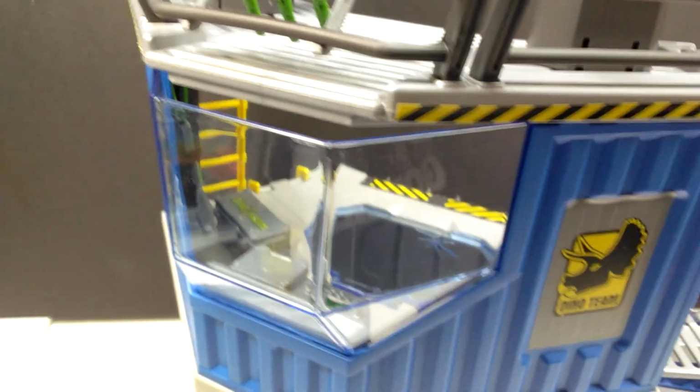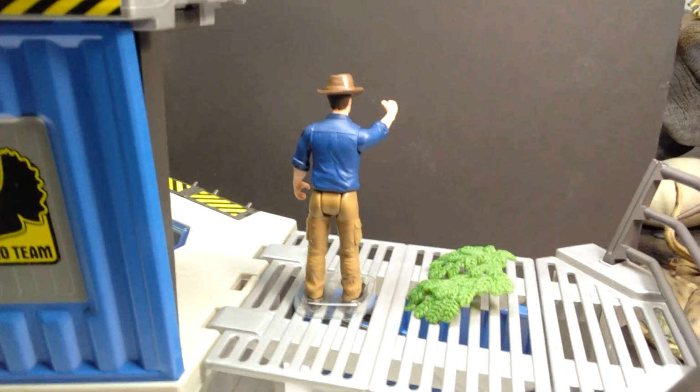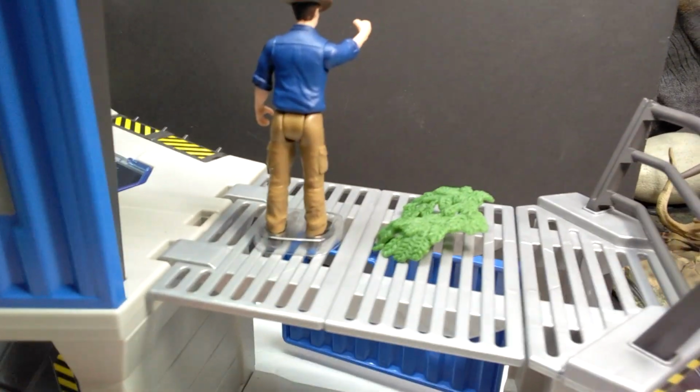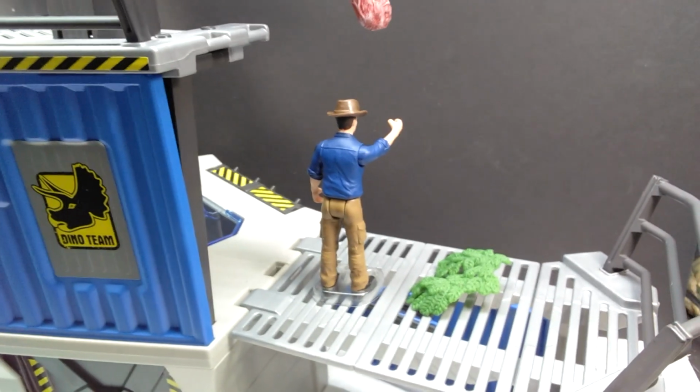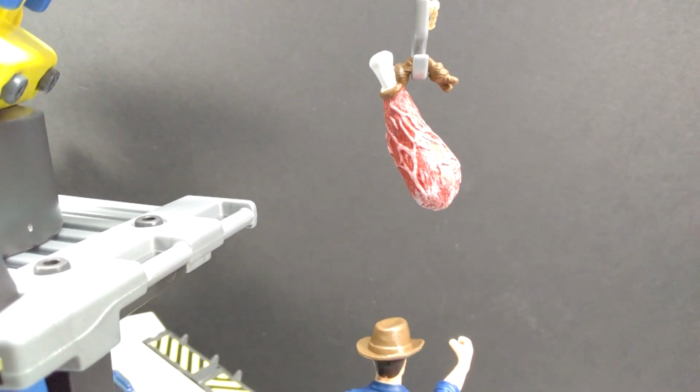You can see we've got a really cool window and everything over here so that you can see through to look to the other side. We've got our guy over here again, and then the vegetation. So there's like a whole lot going on top of this really cool slab of meat that we have here